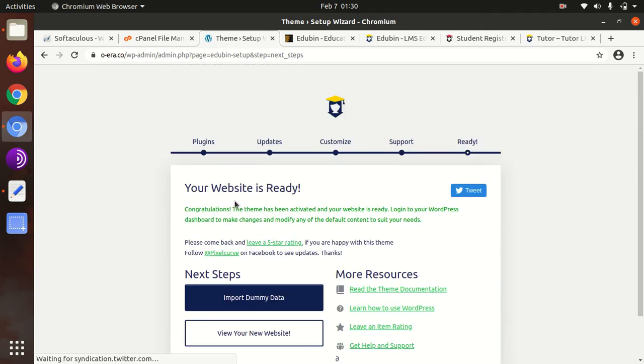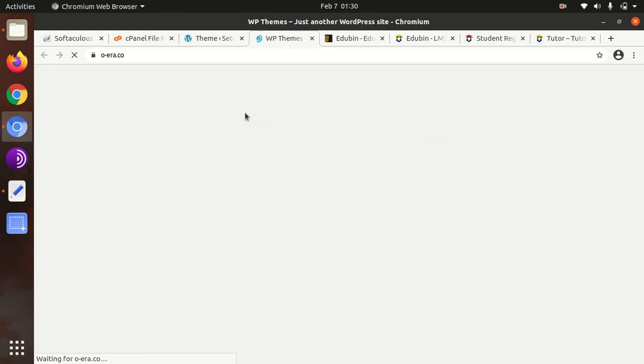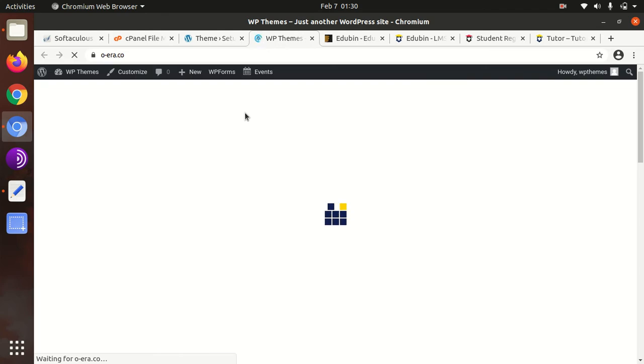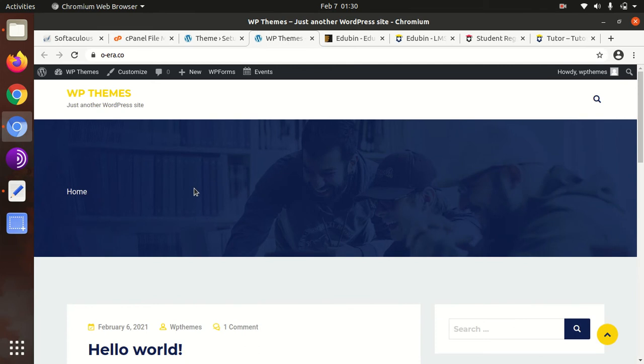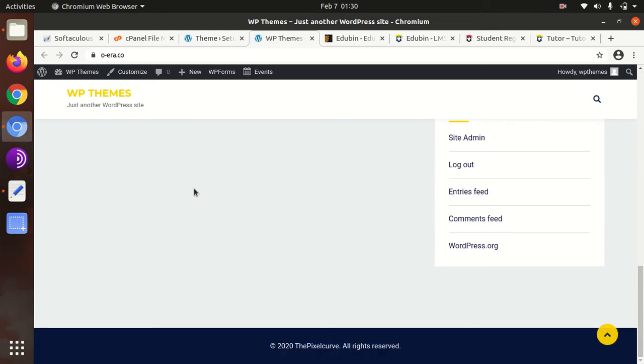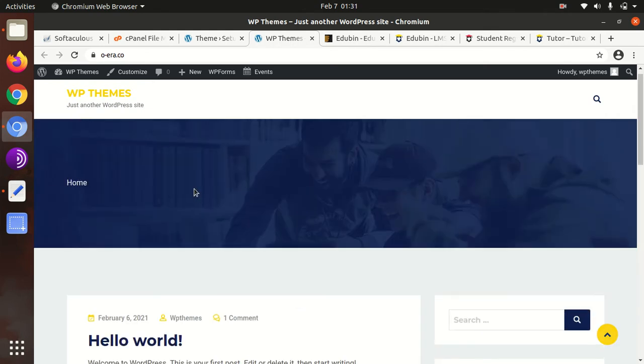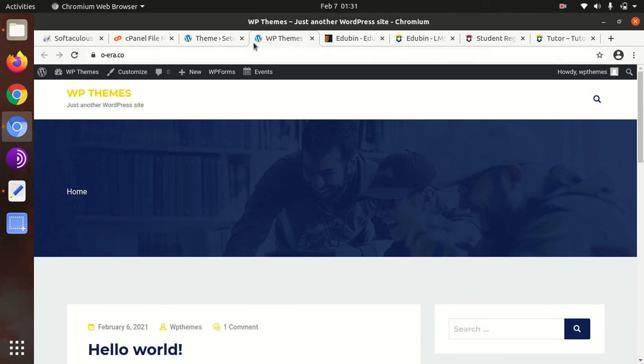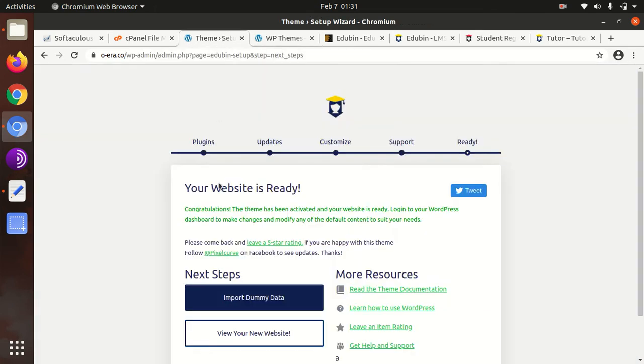Now it comes to the stage of importing demo data. Meanwhile, we can take a look at our website, how it looks with the theme and plugins. I'll show you the basic view of this theme without any demo content. This is the basic look of the Edubin WordPress theme, and no content is here as of now. So at this stage we definitely need to install our demo content so that we may get the website ready for putting the original data available with us.